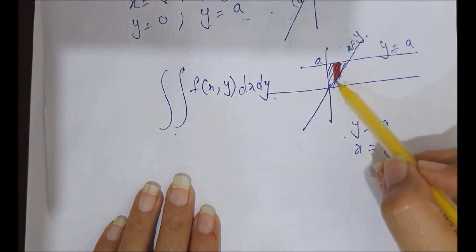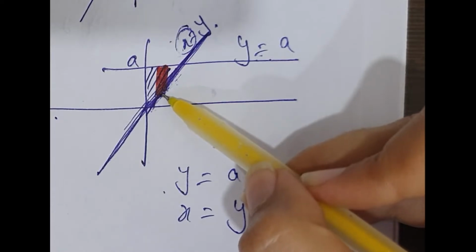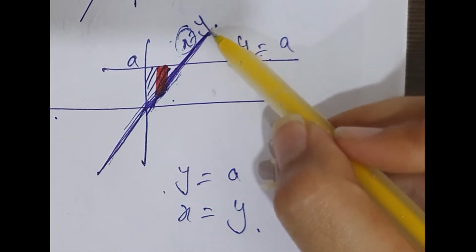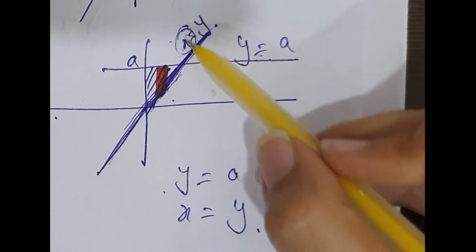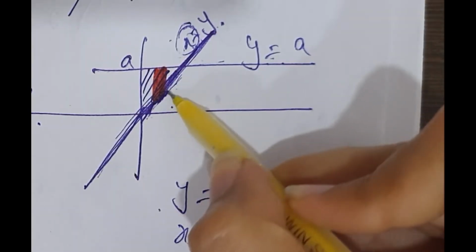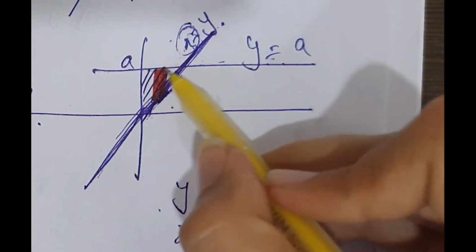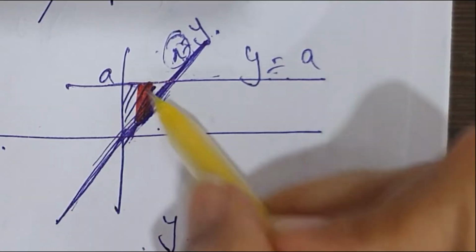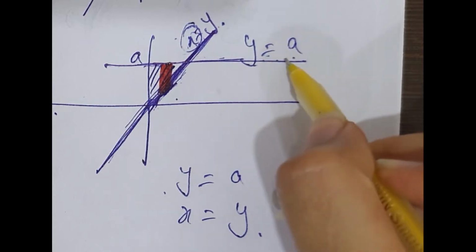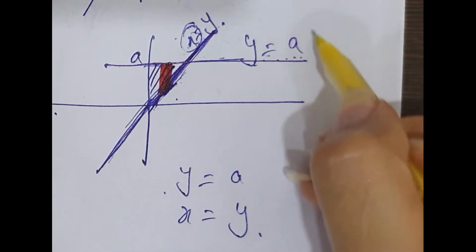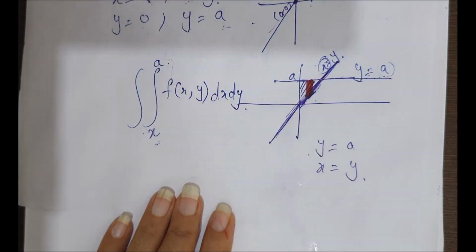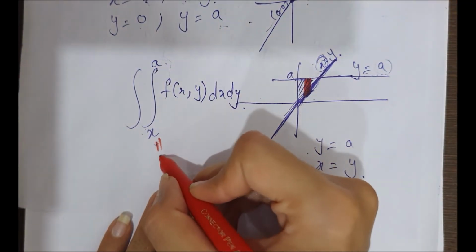So this is a vertical strip, y is variable. The lower part of this strip is on this line and the equation of this line is x is equal to y. So the value of y is x. So the lower limit of y will be x. The lower part of the strip indicates the lower limit, the upper part of the strip indicates the upper limit. Here the upper part of the strip is on this line. The equation of this line is y is equal to a. So here the value of y is a. Write it down. Here we are done with variable limits. It means that we are done with the limits of y.